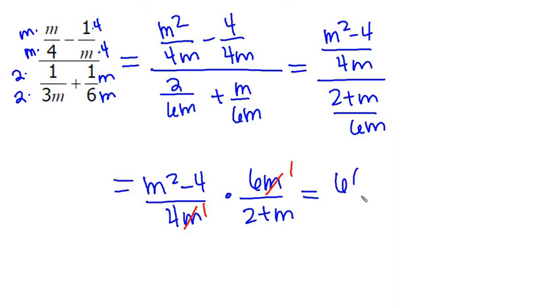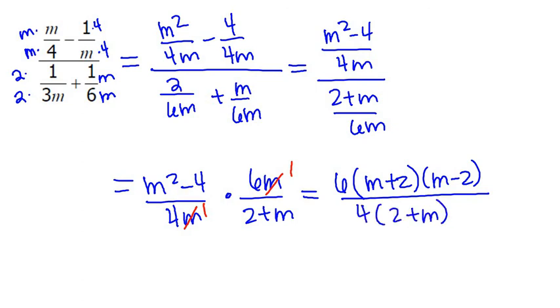So I can write this as 6 times m squared minus 4, which is a difference of 2 squares, so m plus 2, m minus 2, all over 4 times 2 plus m. So because addition is commutative, I know that these two are going to cancel out. You can put in your calculator 6 over 4, math enter, or you can divide them both by 2, and you get that this is 3 over 2. So I get a final answer of 3 times m minus 2 all over